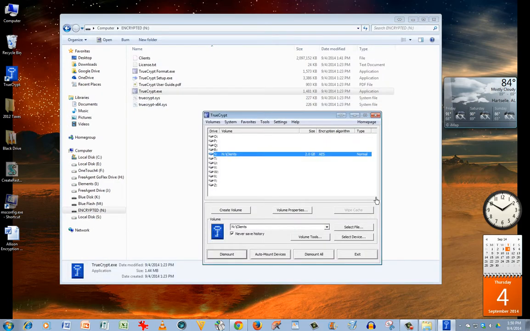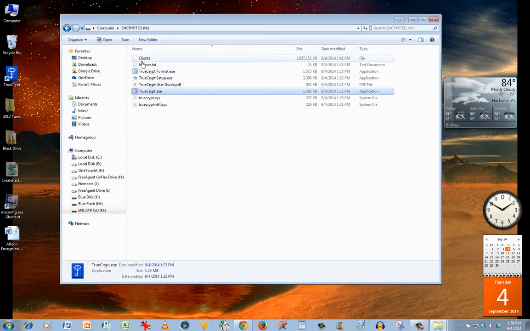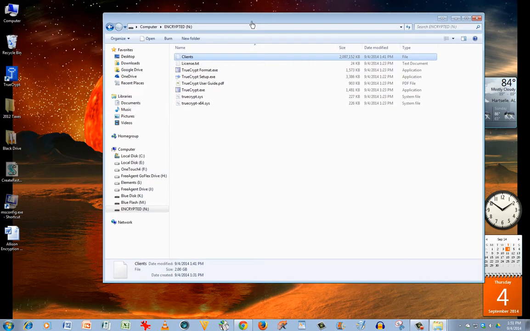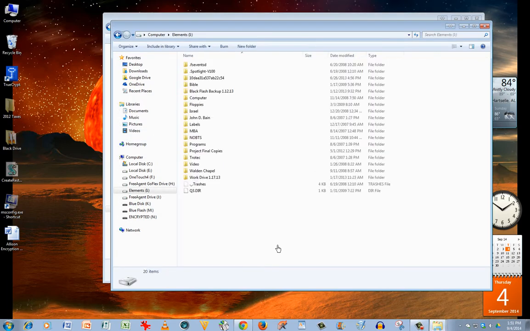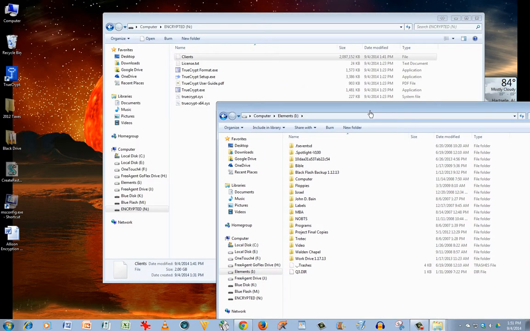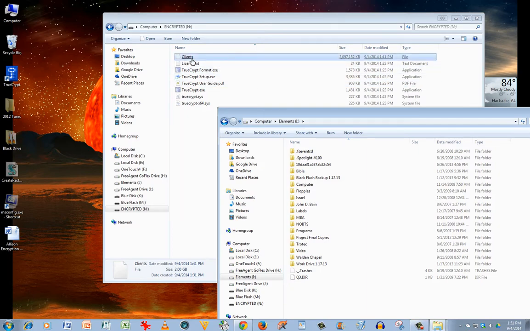And there you have an encrypted file. You can do as many of these as you want. You can create different volumes, different names, and all you have to do then to back this up is just drag it and drop it to another drive. If I have another drive here, let's say my Elements folder, and I can drag that over here,